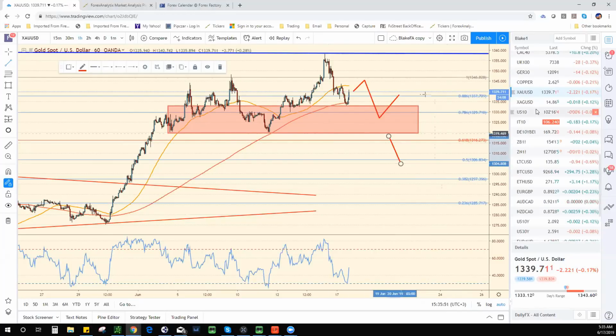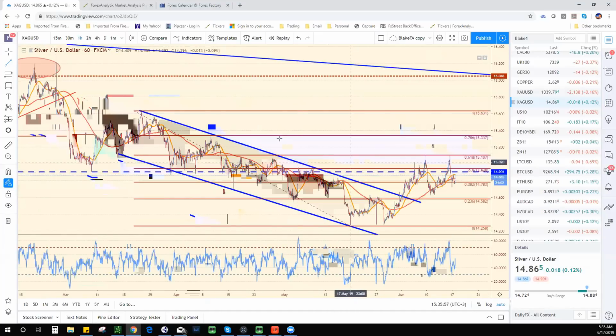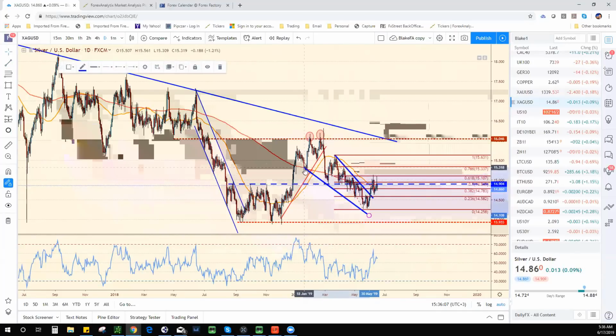And let's see what silver's doing here. Silver continues to hold up pretty well too. I like your descending wedge. I didn't have it as a wedge, Dale. On silver, I had it more of a channel, but I see exactly what you're saying, and I agree with you too. Whether you look at it like this or like that,